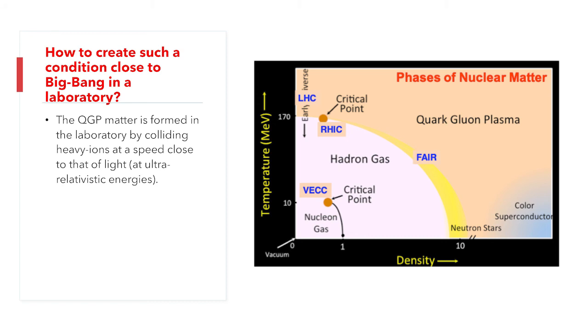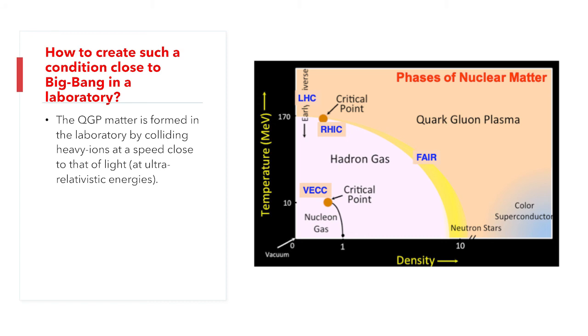Now, how can we attain such a high temperature? The quark gluon matter in the laboratory is formed by colliding heavy ions, either lead ions or proton ions, head-on. Head-on, as you can remember from the CRO concept in electronics, means colliding directly at the micrometer level, and even less than that, nanometer. And this collision has to happen at ultra relativistic energy. And during this process,